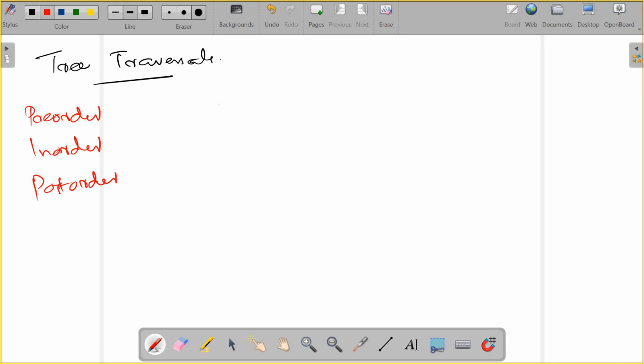These are the three different traversals possible for a binary tree: pre-order, in-order, and post-order. In the case of arrays, we had left to right traversal and right to left traversal. In the case of a tree, we have pre-order, in-order, and post-order traversal. See, the problem that may arise with a tree is while traversing, you can see that we have